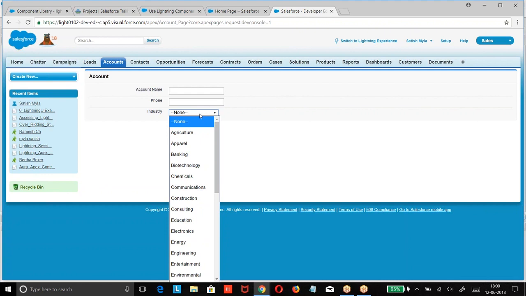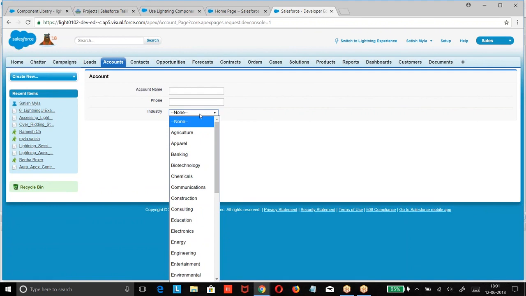But I am creating a custom page. On this custom page, as per my record type, I need to get the corresponding options. Did you get my point? If you don't mention any record type, what will happen? With respect to the current user, what is the profile given to him? His default record type will come here. So with respect to the default record type, options will be coming. But what is my requirement? Whatever options are available for a particular record type, that should be displayed here.